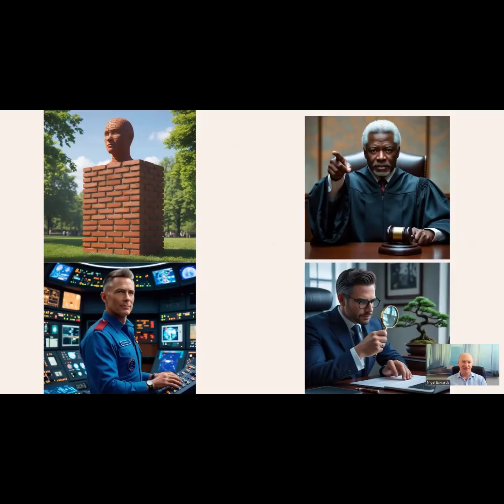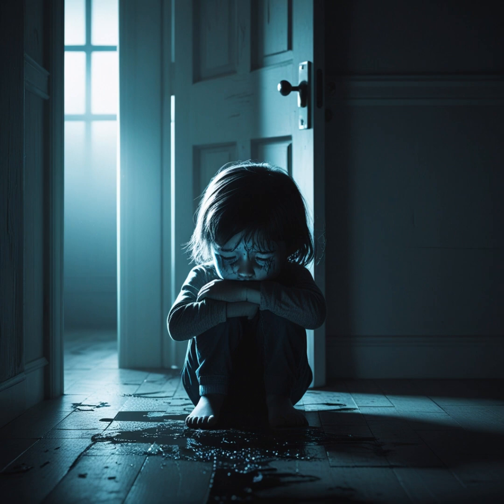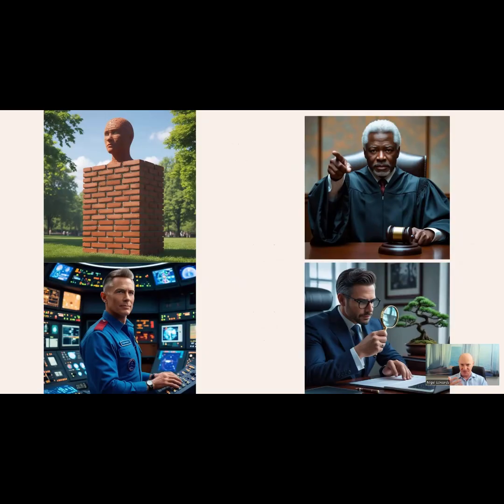So here's a story on the left-hand side. There was a client who imagined she had this brick wall character in front of her. And that was stopping her from seeing where she wanted to go, from going where she wanted to go. It was like it was protecting her in that way, stopping her from making mistakes. And through analyzing what that part was trying to do, it was trying to protect her. And obviously, as there are no bad parts inside us, all parts are good with their underlying intention. So that's the important thing. Work out what is the part's underlying intention. And in this case, it was to protect her, but it couldn't see where she needed to go.